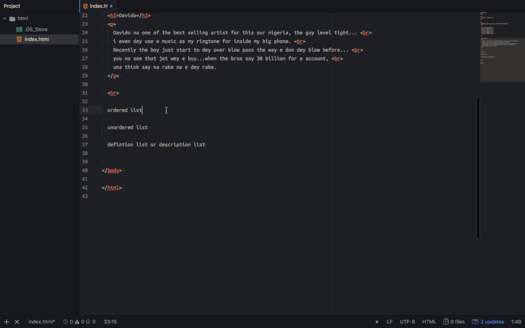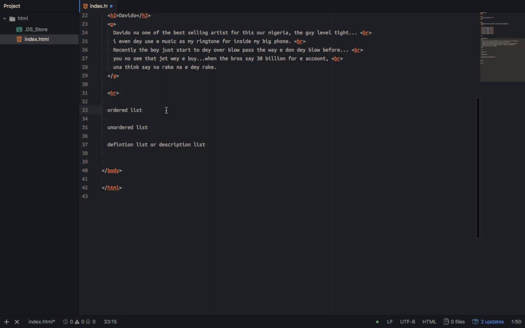Then the unordered list is where you just write anything you like, in any random order. Maybe you go to a small market and want to arrange what to buy: buy fish, buy this, buy that, with no particular order. You just write everything on a paper, then send her the message. That kind of list is another type of list. I will show you how to create them in HTML.